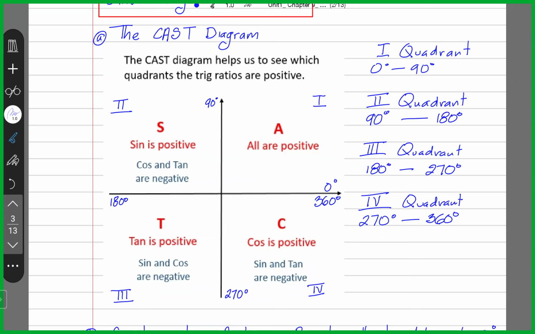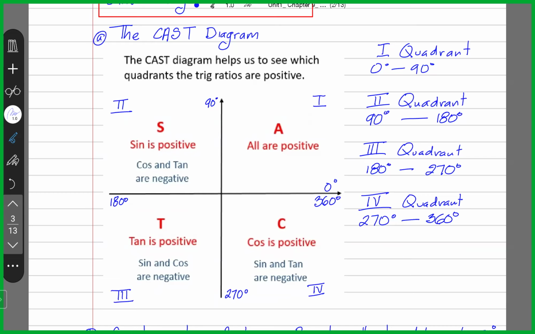Now, what the CAST diagram does is that it helps you to remember in which quadrant sine, cosine, or tangent is positive. All right, so we have CAST. C for CAST refers to the fourth quadrant. A, the first quadrant. S, the second quadrant, and T, the third quadrant. So first of all,